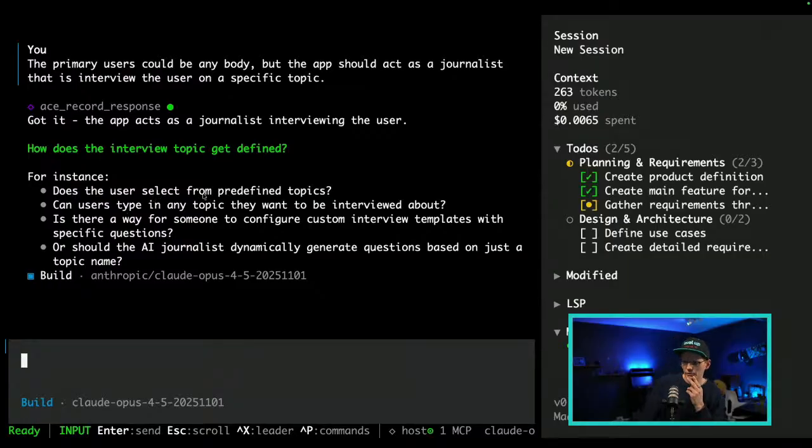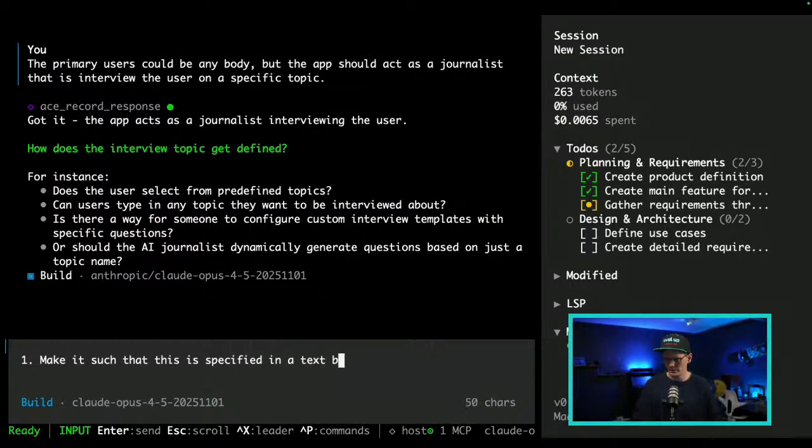Okay, does the user select the preferred topic? I think we will make it such that it is specified in a text brief on startup.